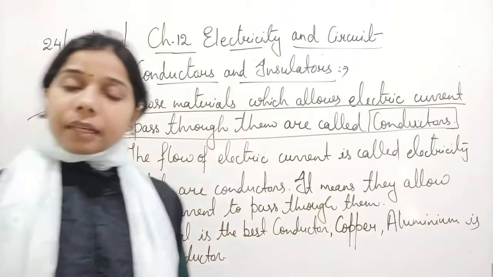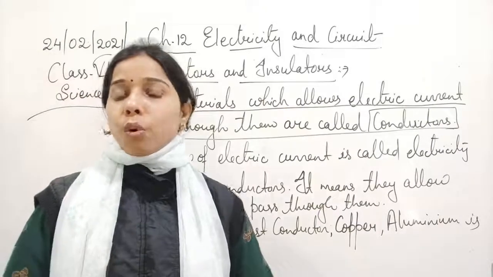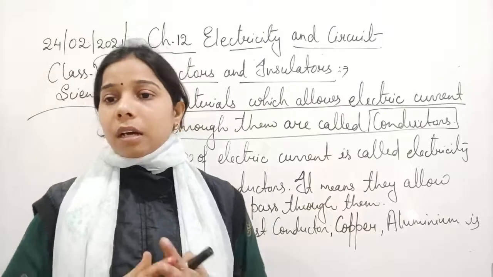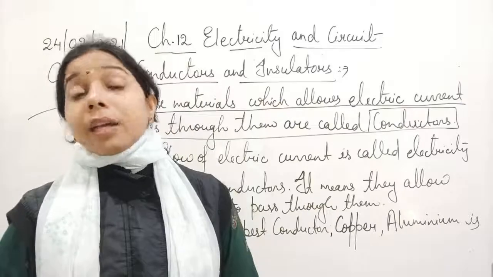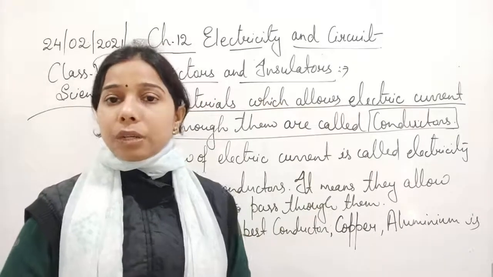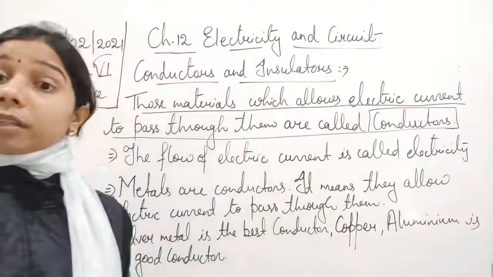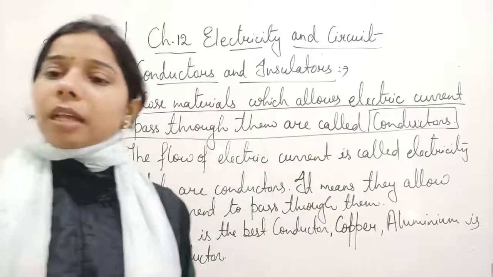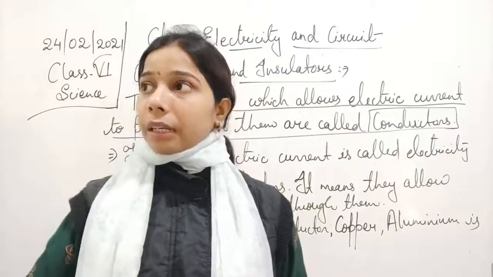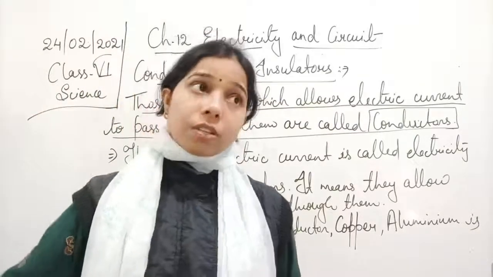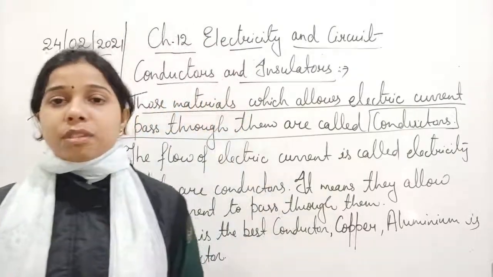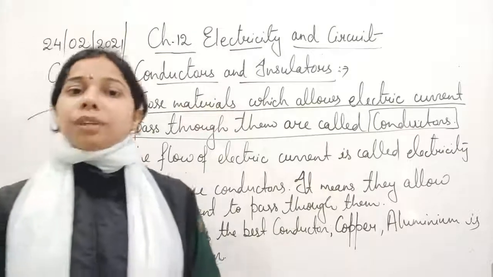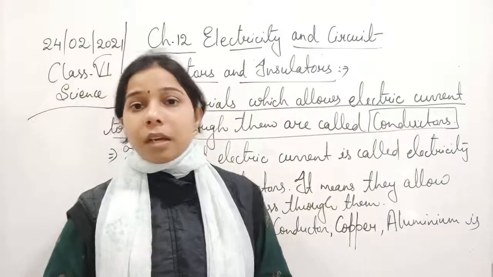Okay, so iron is there, steel is there, students, gold, metal alloys, even pencil lead, which is made up of graphite, and the human body is supposed to be a very good conductor. Water is also a very good conductor. Whenever we touch the electric current, we get an electric shock, the reason being that electricity passes through our body.